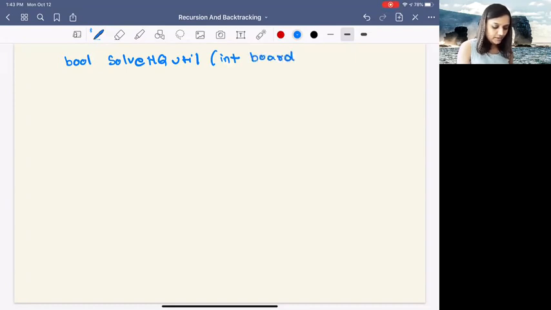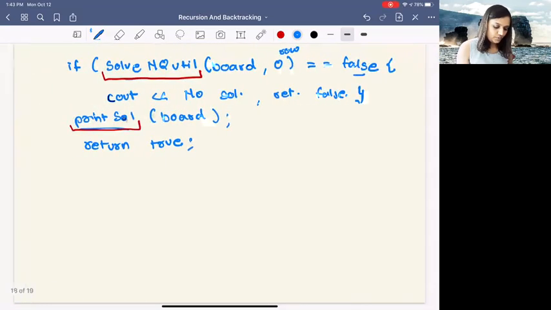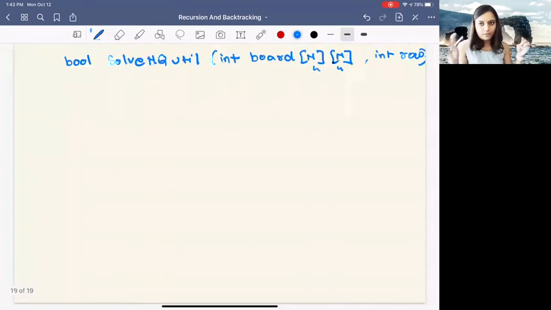The first argument that it takes as input is board, and your N into N, again, N could be 4 for our 4 queens problem. And then it takes another input as your row ID, which we passed as 0 over here. So we start with the topmost row. So what do we do inside this function? We start with if